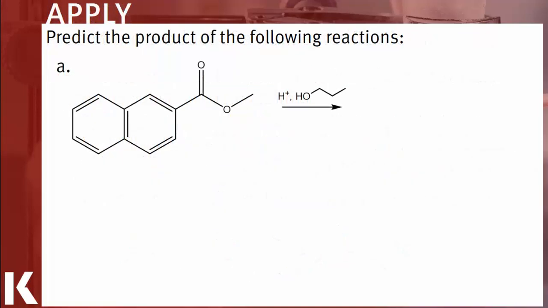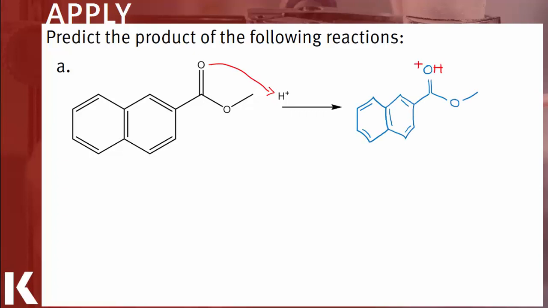We're asked to predict the products of the following reactions. In A, we start with naphthalene 2-yl acetate, which is reacted with propanol and acid. The reaction proceeds in a stepwise manner. First, the acid will protonate the carbonyl oxygen to create a positive charge, drawing even more electron density away from the electrophilic carbonyl carbon. Since the alcohol is a poor nucleophile, the reaction needs to foster a stronger electrophile to